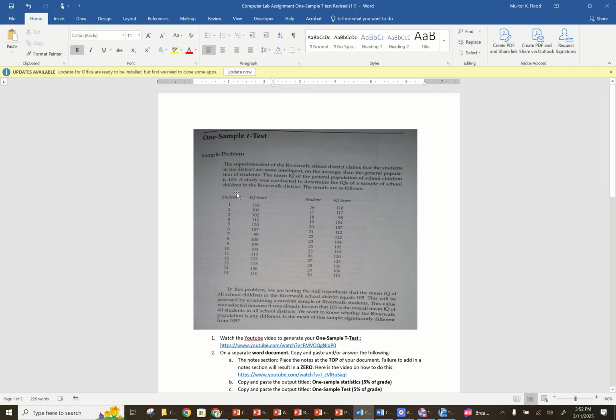So in this, I have two variables. One is student, one is IQ score. I have 30 students in this sample problem, and I have 30 IQ scores, one for each student in my sample. So in this problem, we are testing the null hypothesis that the mean IQ of all